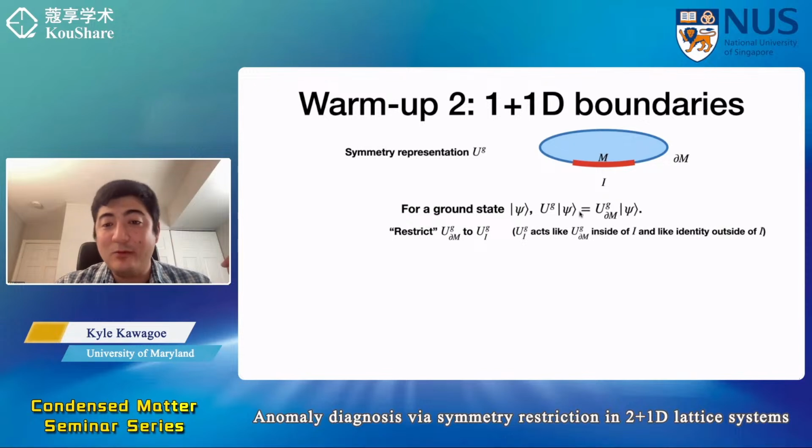What we'll do is we'll restrict, quote unquote, this symmetry operator, UG boundary of M, to just an interval I on the boundary. So what do I mean by that? If you're familiar with quantum circuits, you can think of this as a truncation of the circuit. But you can also just define it like this. So UGI acts like, and you can formalize this operator algebraically, but let's just use our intuition, it sort of acts like UG boundary of M just in